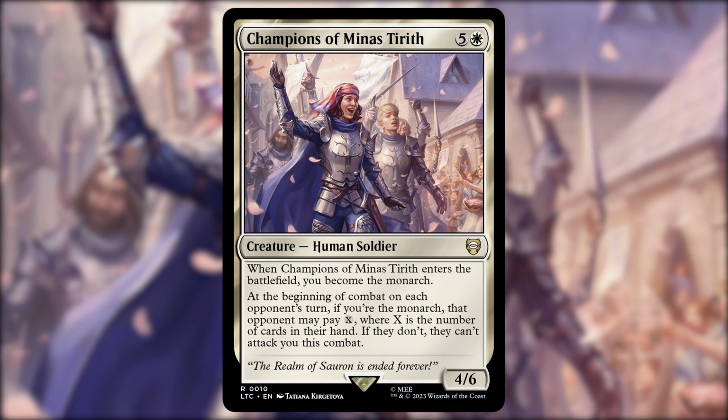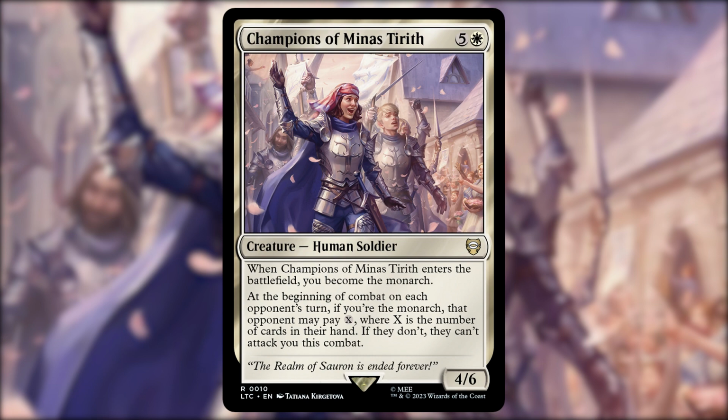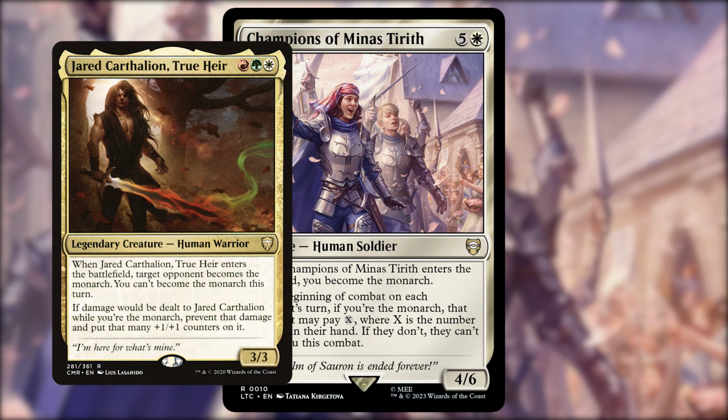However, at the beginning of combat on each opponent's turn, if you're the Monarch, that opponent may pay X, where X is the number of cards in their hand. If they don't, they can't attack you this combat. This is a perfect Monarch card because you want to have the Monarch. You also want to have that Pillow Fort strategy built up because if your opponents hit you, obviously they take the Monarch back. So I currently have this in my Jared Carthalion Pillow Fort deck / Monarch deck